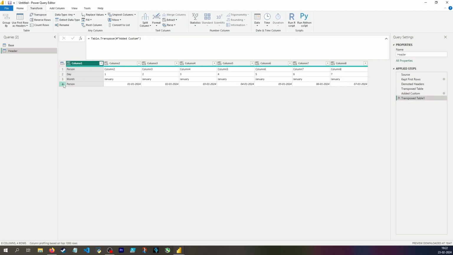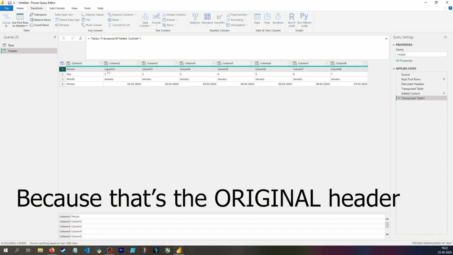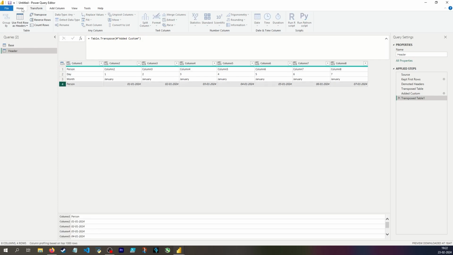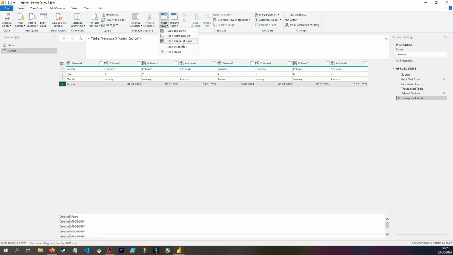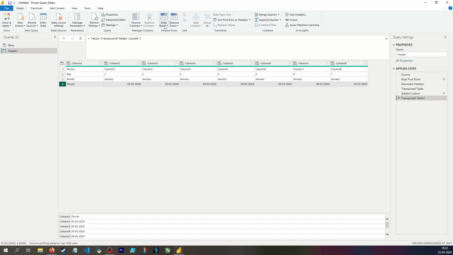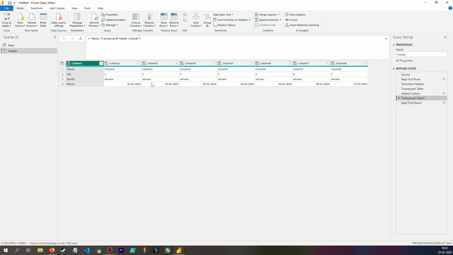And now I have my correct column headers in the bottom row, and I need the first row because that has my correct headers, which matches the base query, which means I want to keep the first row and the fourth row. And I can't say keep rows and then range of rows because then it would say maybe I want to keep the third and fourth row. I can't do it like this. What I can instead do is to keep top rows 1, and then because I know I need the last row, I can say keep rows, keep bottom rows,